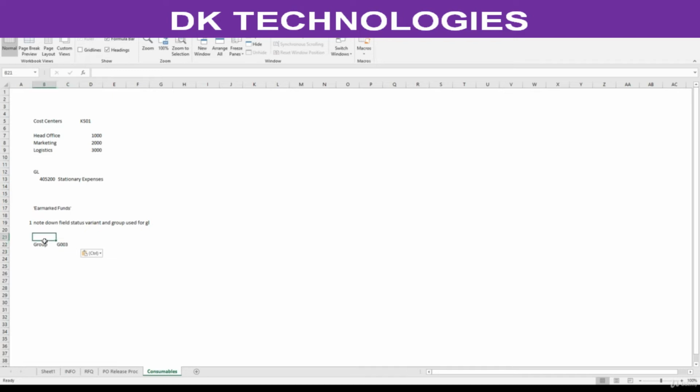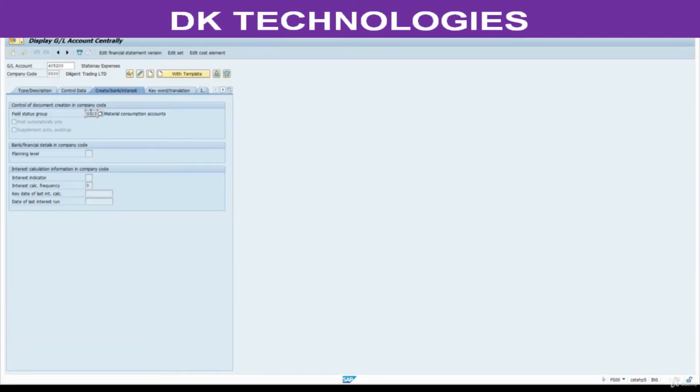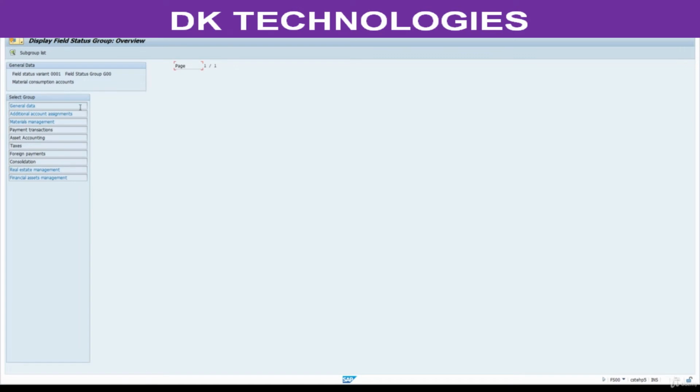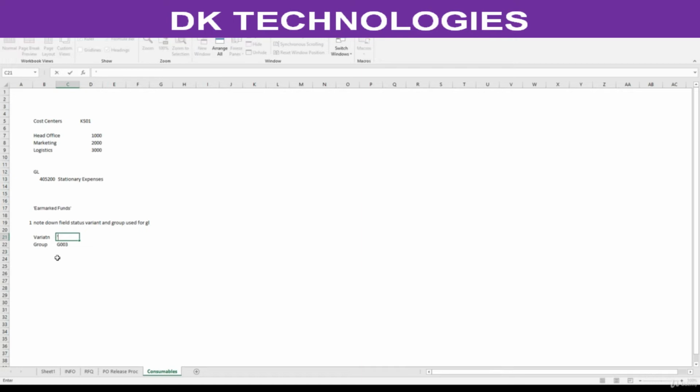Variant: double click on this one. See field status variant, this one. Copy this, 0001. This is my variant.